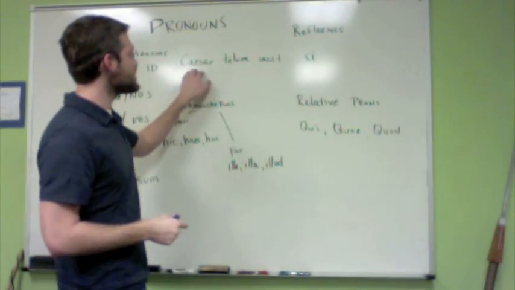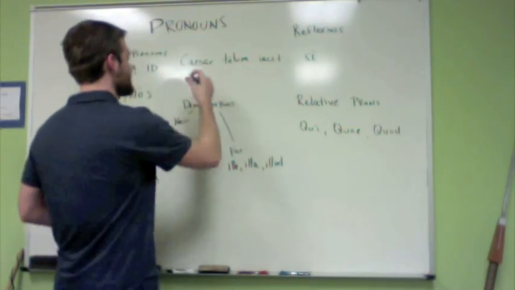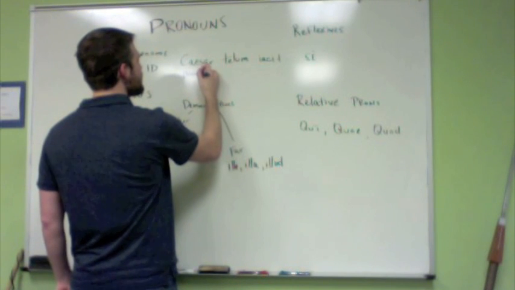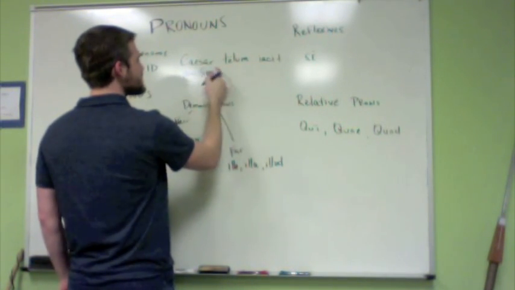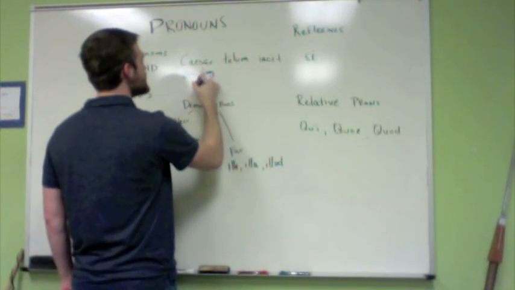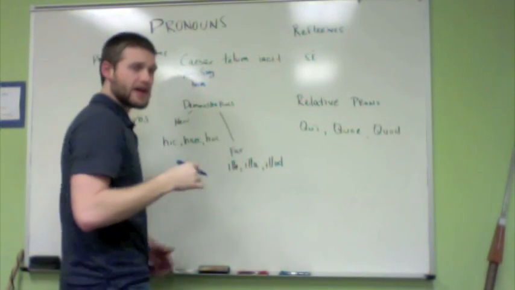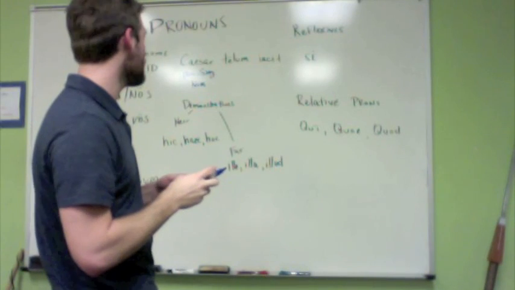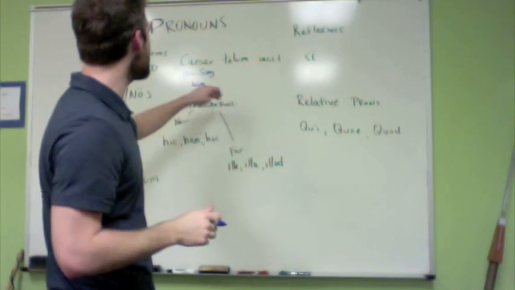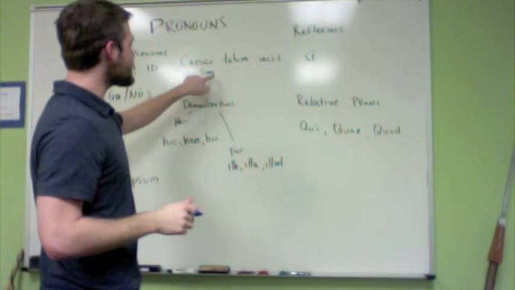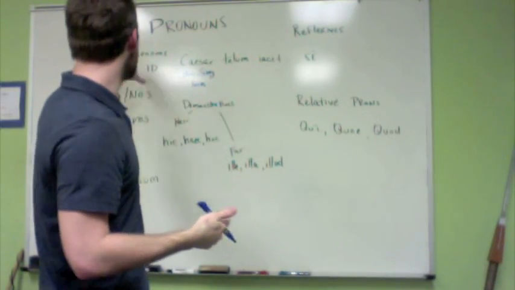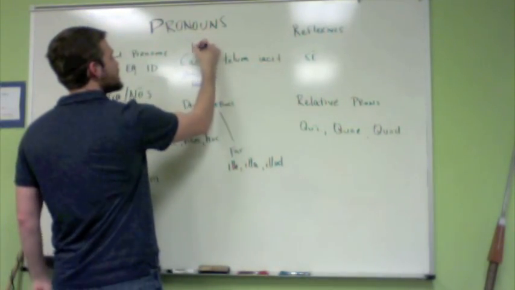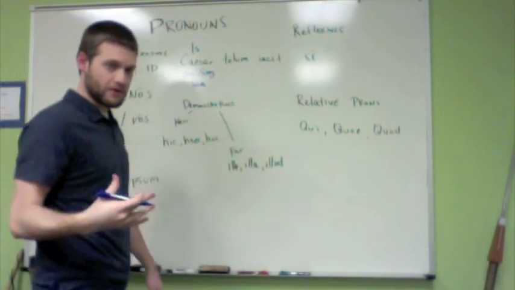So in this case, the gender of Caesar is masculine. The number of Caesar is singular. And in this sentence, Caesar is the subject, so he needs to be in the nominative case. Remember, the case just tells you the function of the noun. Okay, so Caesar throws the spear. Well, we need then masculine, singular, nominative. And if you went to a chart and it's a third person, you'd see you need here is. So is.